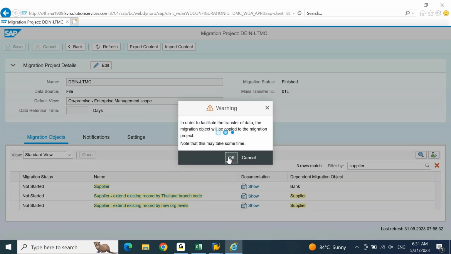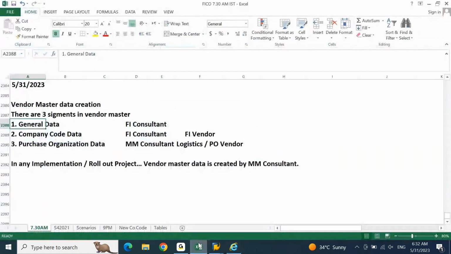This will take a little time the first time to access different backend database tables to display the data. But when you use it from the second, third time onwards, it will be faster. Now, while that gets opened, when you're creating vendor master, we need to make sure that